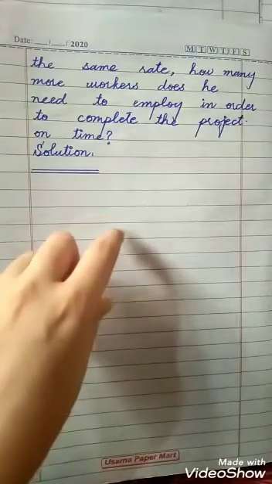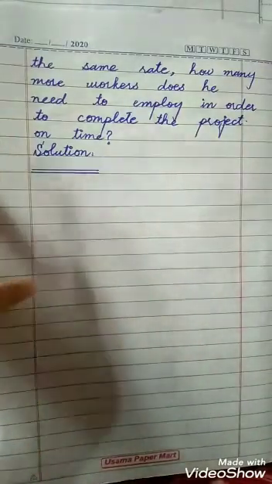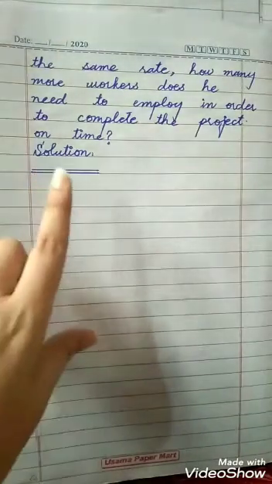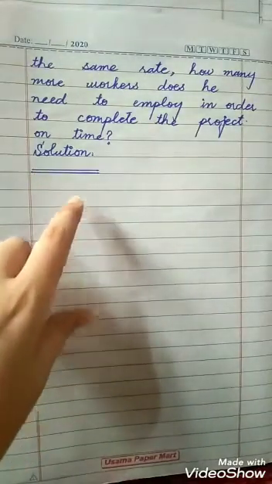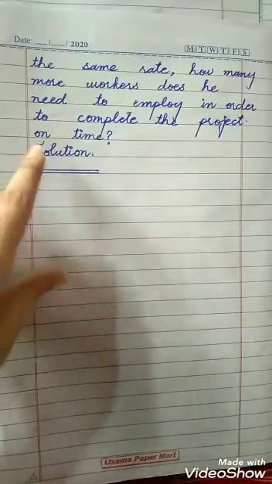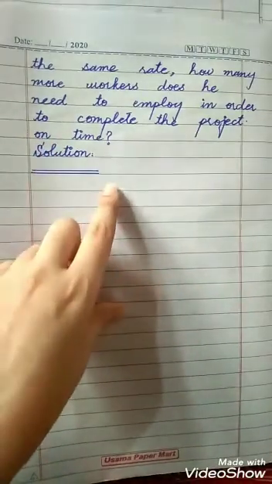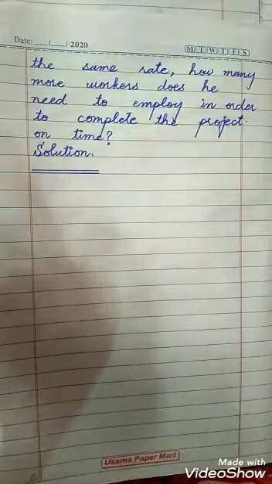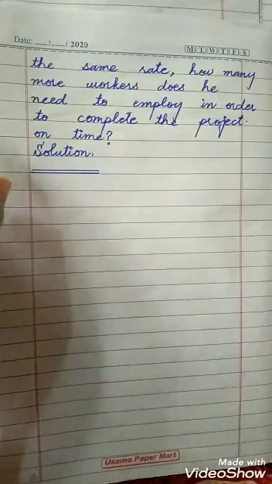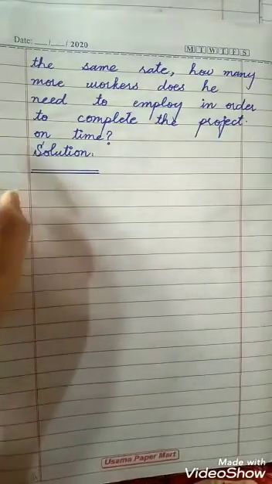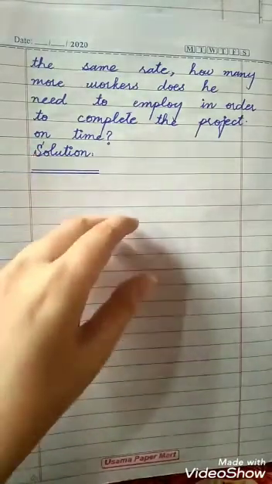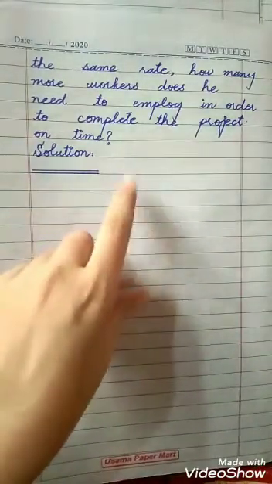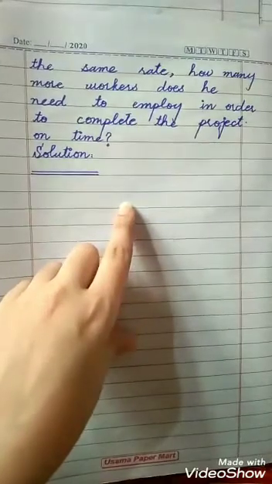The project should be completed on time, but 2 days earlier, because firstly 35 workers are there, but they have to complete the project in 16 days. Now the boss is saying you have to complete the same project in 14 days. So how many more workers do they need? Obviously, if 35 workers are completing in 16 days, but now days are decreased, obviously we have to increase the workers. So we have to find the workers.